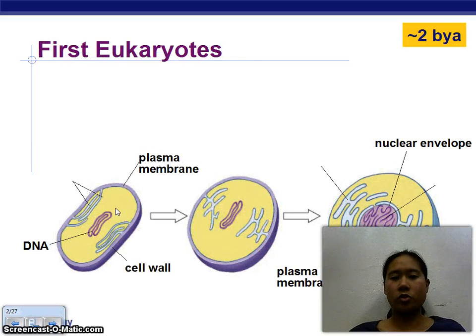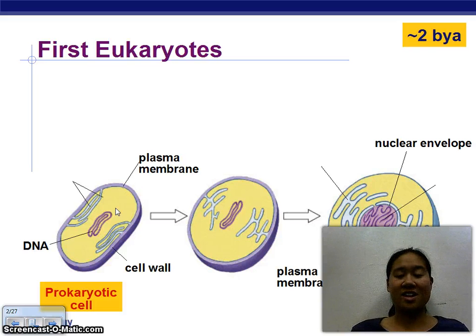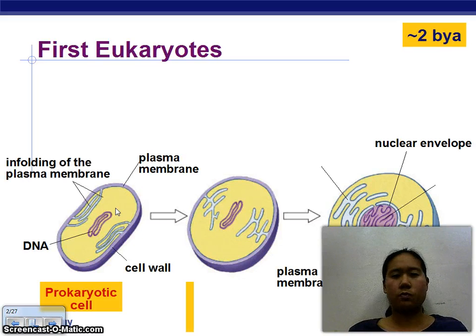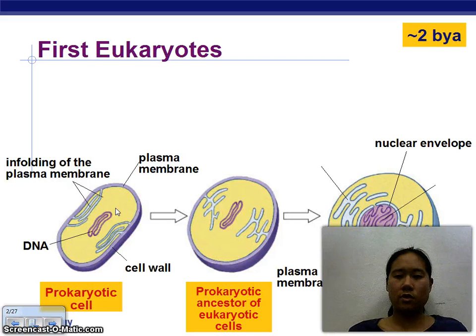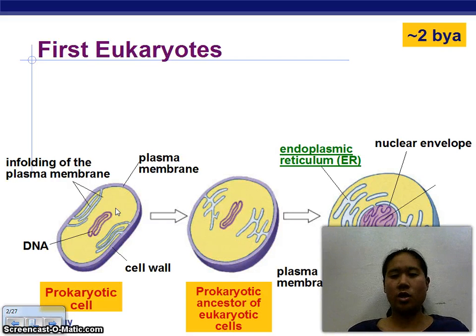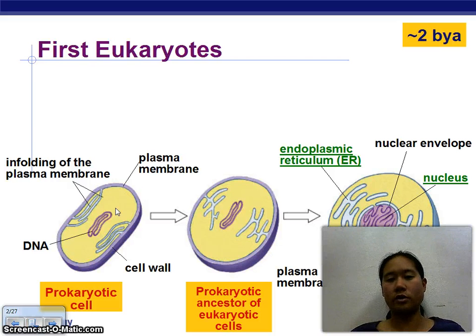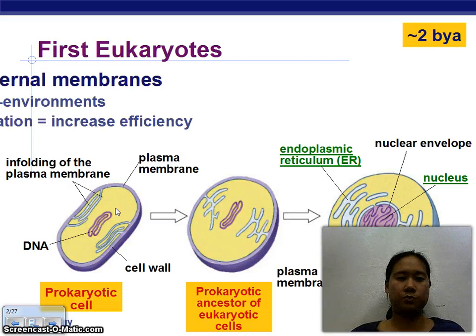So from that we have our first eukaryotes. The idea behind how we got our first eukaryotes is the endosymbiotic theory, that a prokaryotic cell was able to absorb another cell and create these other structures because of infoldings and by absorbing other organisms. And this gave rise to our modern-day organelles such as the nucleus and endoplasmic reticulum. The prokaryotic cell is usually seen as the ancestral cell, and the eukaryotic cell as our modern-day cell.